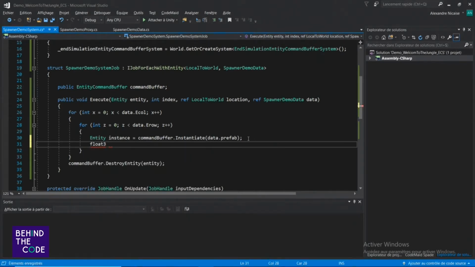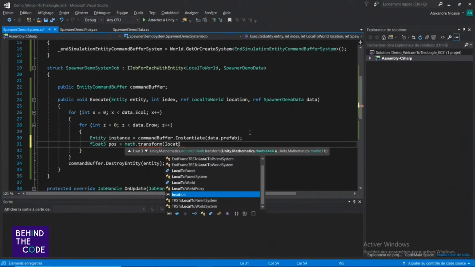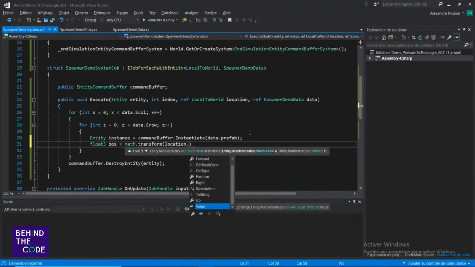So a float3 pose equal to mat dot transform. So we want the matrix double 4 metaphor. So we want the location dot value.